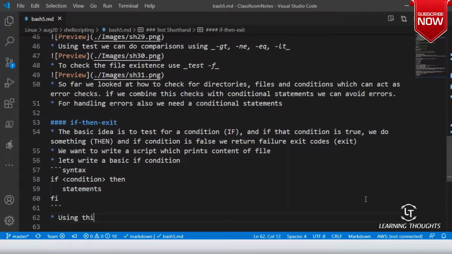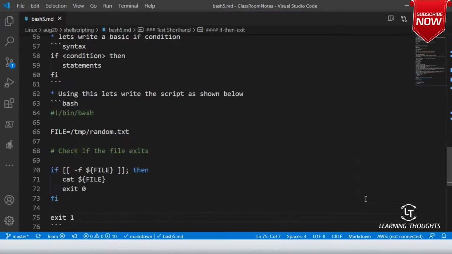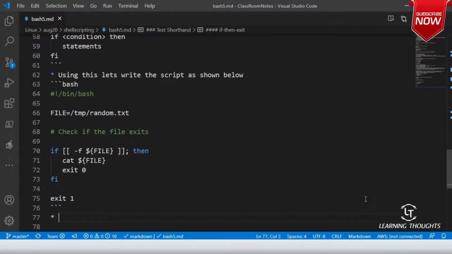Using this, let's write the script as shown below. So I've written this. Now execute the script for the negative test.